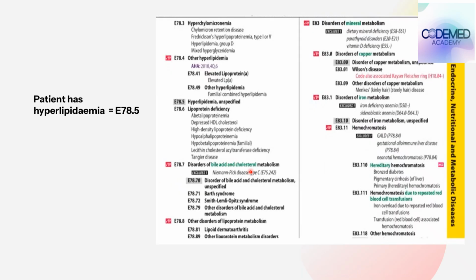So I will pick that up and go to the tabular list. Now I have come to the tabular list. The tabular list is arranged in alphanumerical order, so you will see E78.3, E78.4 and E78.5. That was the code which we have zeroed in on. It is written hyperlipidemia, unspecified. And gladly there are no other characters and there is only one code. So that is the code for this particular patient who has hyperlipidemia. The code is